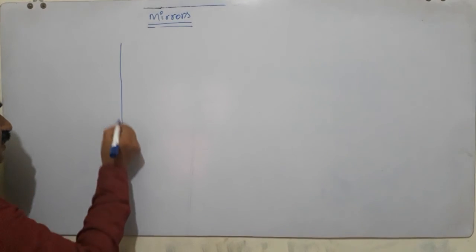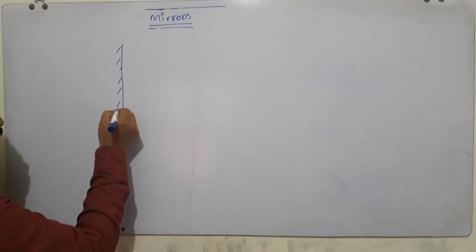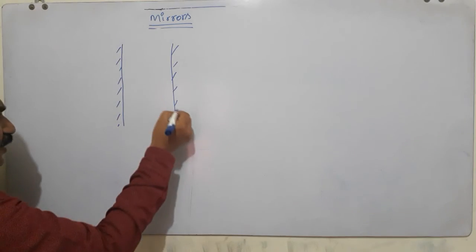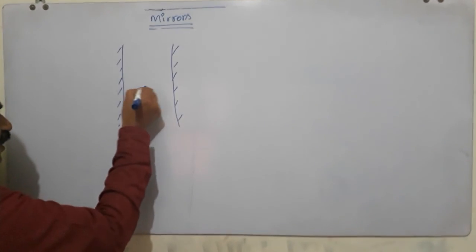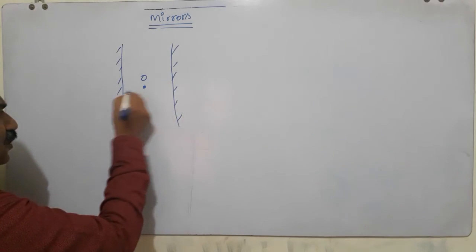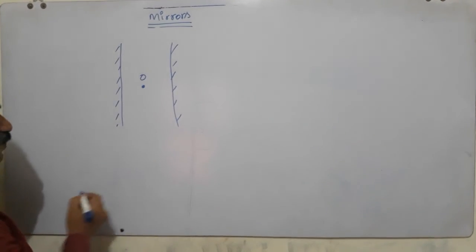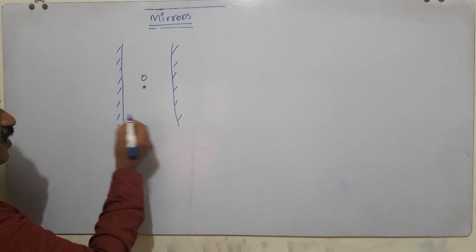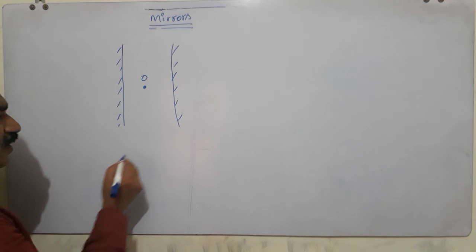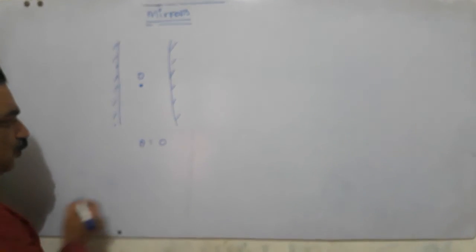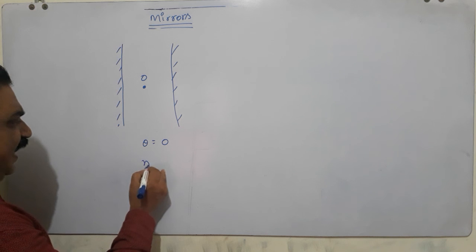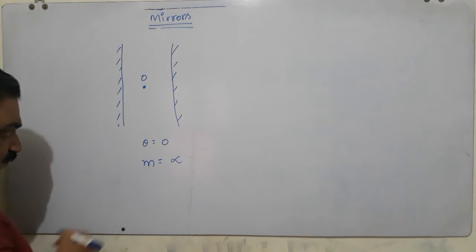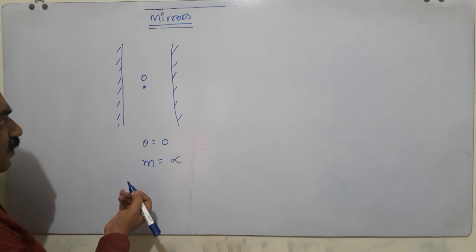Say, what is the number of images when two plane mirrors are arranged parallel to each other, and an object is kept in between these two? In such a situation, since the two plane reflecting surfaces of the mirrors are parallel, theta should be equal to 0, so that the m value will be equal to infinity, and n you can take it as